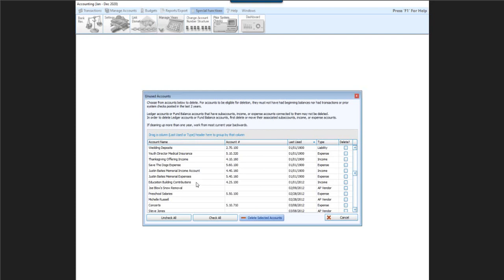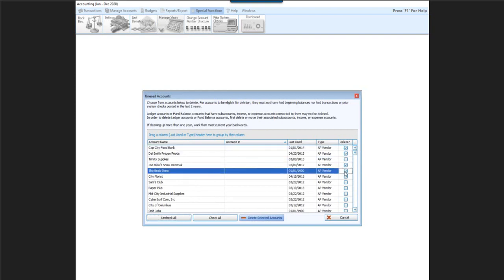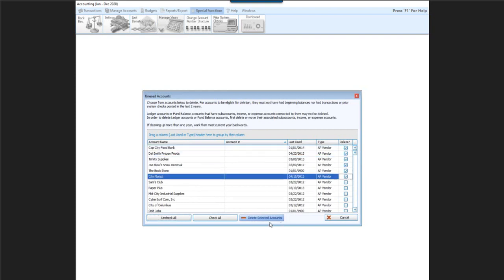If I find that I need to add them back, I can always add the accounts back into my chart of accounts, again, if absolutely necessary. Okay? So, you would literally go down the list and just put a check mark next to each one of the accounts that you're wanting to delete. Most of the time, what folks find is that they've got a bunch of vendors that they've not used in years and years and years, and they can go through and literally just check them all, go down the list and then just click delete selected accounts. It'll say, are you sure you want to delete those accounts? You click yes, and they're gone. Okay, en masse, in one mouse click.